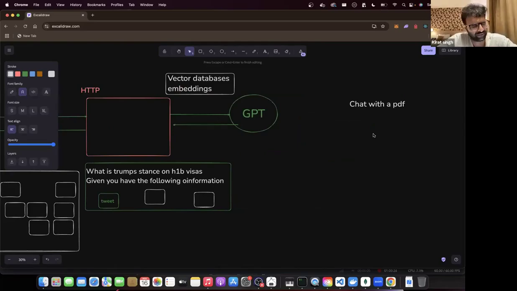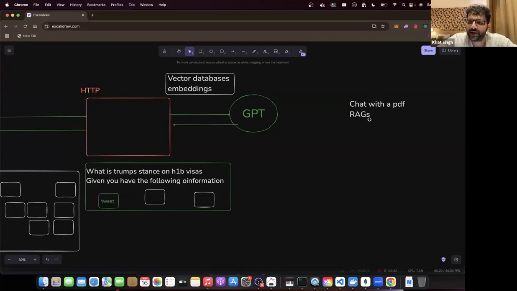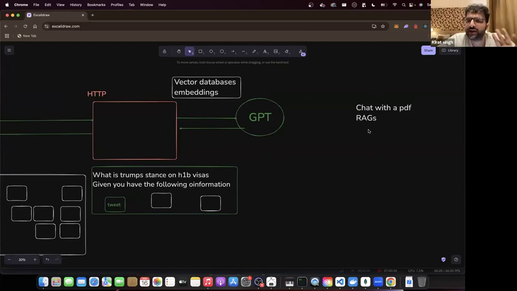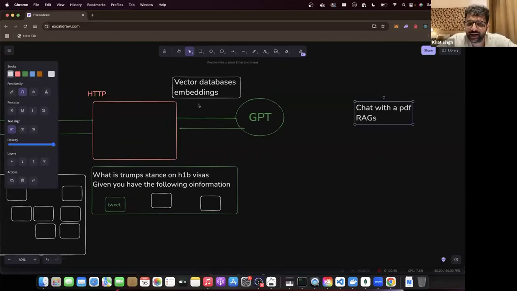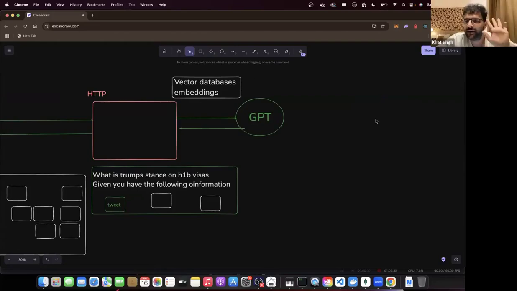अगर आपने मतलब famous application सुनी होगी, chat with a PDF, a very famous starter project in AI or RAGs, retrieval augmented generation, something like that. I forgot the full form. If you built any of these applications, they use the same architecture, which is अभी थोड़ा complicated होगा, तो 5 मिनट bear with me. If you don't understand it, this isn't part of the full stack cohort. I'm hoping जो code कर रहे थे वो अभी भी code कर रहे हैं. You guys have finished some part of the backend.